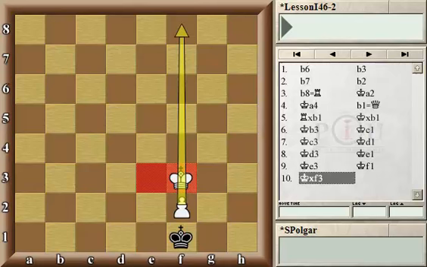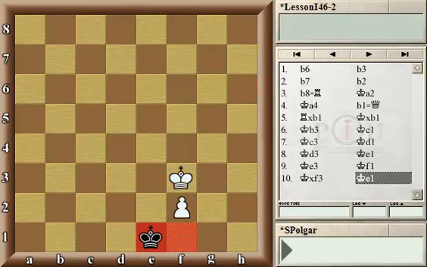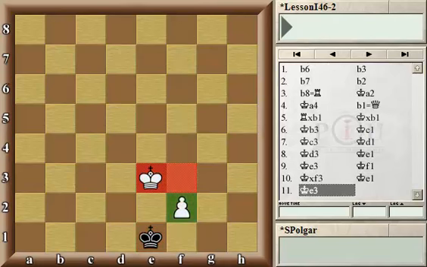And next move, the white king will simply move out from the f2 pawn's way, and then the pawn will just run away and get promoted. Very nice little endgame